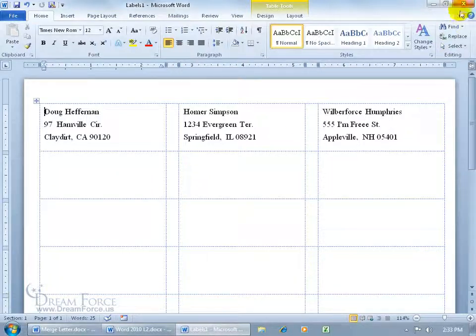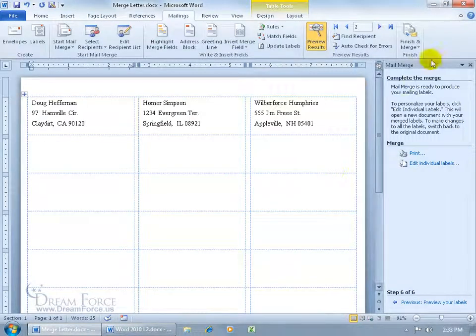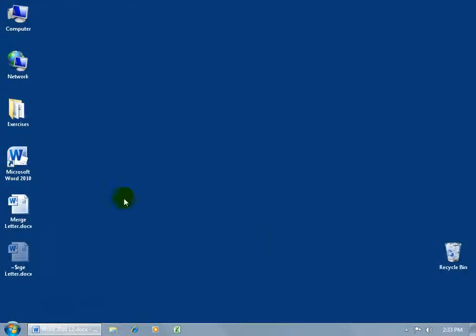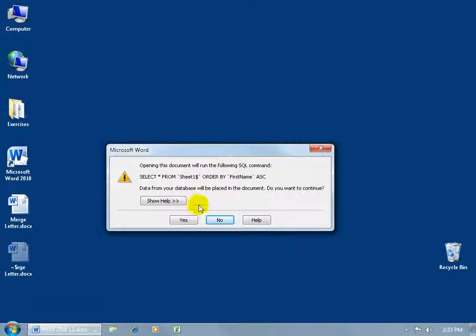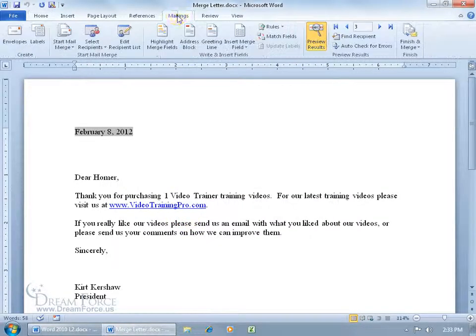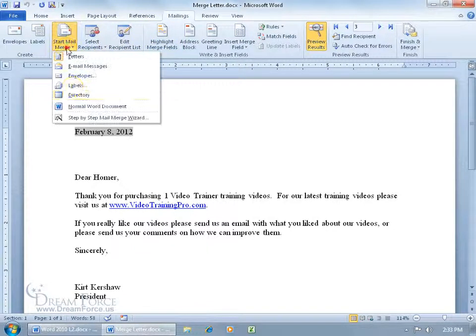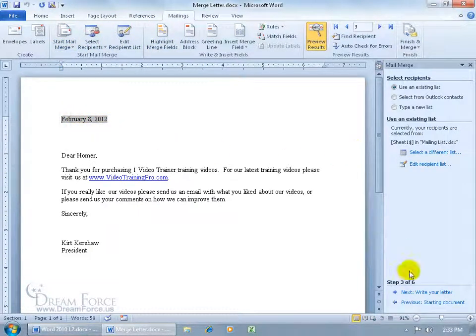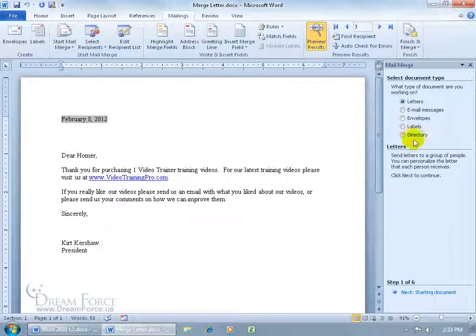Okay, let's go ahead and close out of here, and don't save it. I'm going to close out of here, not save it, and reopen this document again and say yes, I do want to connect it to the database. Click yes, and let's go over to the Mailings, Start Mail Merge step by step, and let's go back to step 1, because the last one I want to cover is